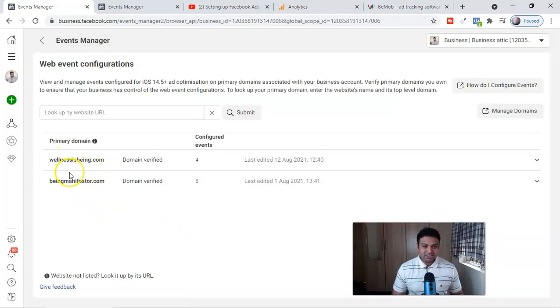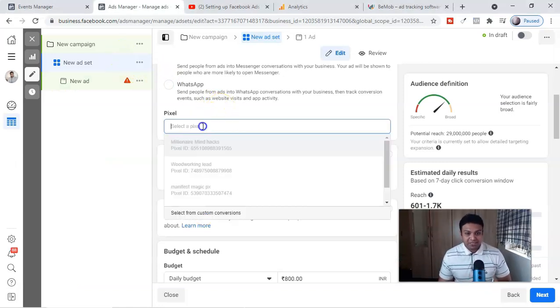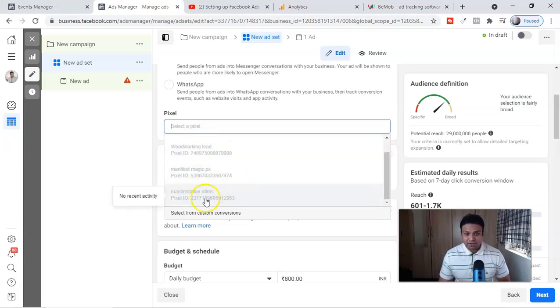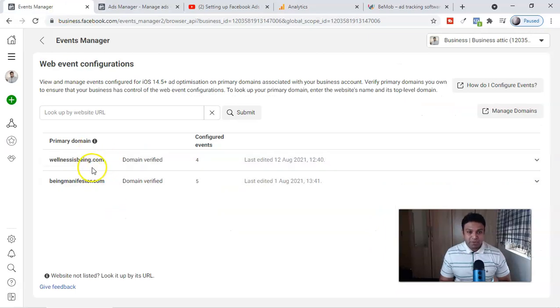And now here you can see, guys, with this one domain we verified 4 events. We are asking this Facebook pixel to track these 4 events in that landing page or the website. And here in this we are saying 5 events to track. So this is what you have to do before you use the Facebook pixel in your landing page after the iOS 14 update. Now guys, when you set up your conversion campaign, make sure you're selecting the right pixel which you configured, which will allow you to track all those events, like manifestation offer here. And make sure also you're selecting the right URL, the right domain, and create your landing page and website in the domain, and you can easily track it.